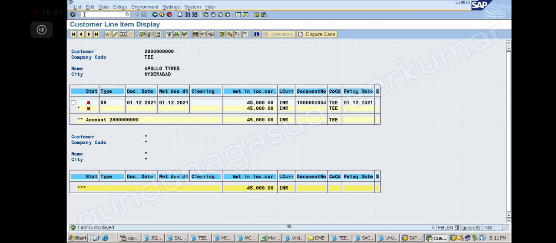But if we are incurring any bank charges on the customer payment, then it will affect us. Bouncing is when you are not getting the money. Here we are getting the money, only some charges.